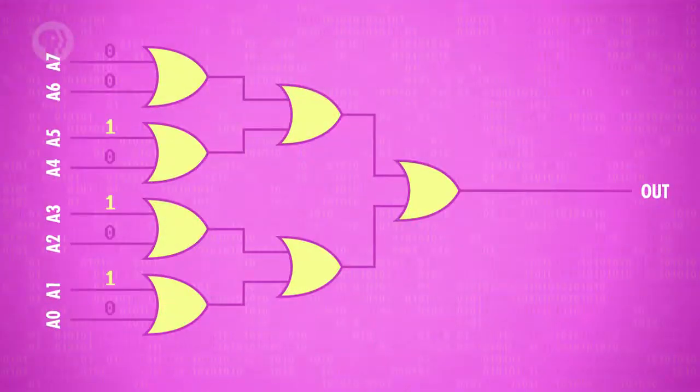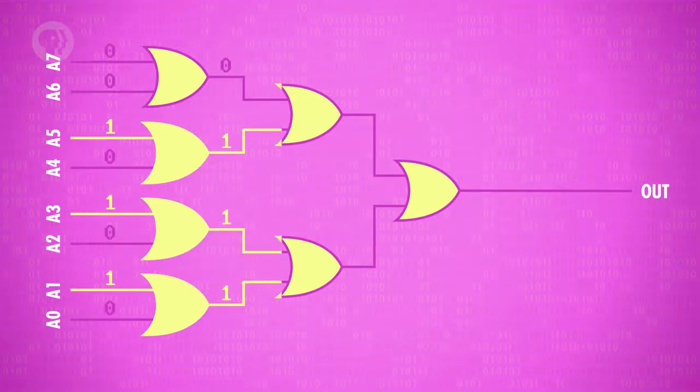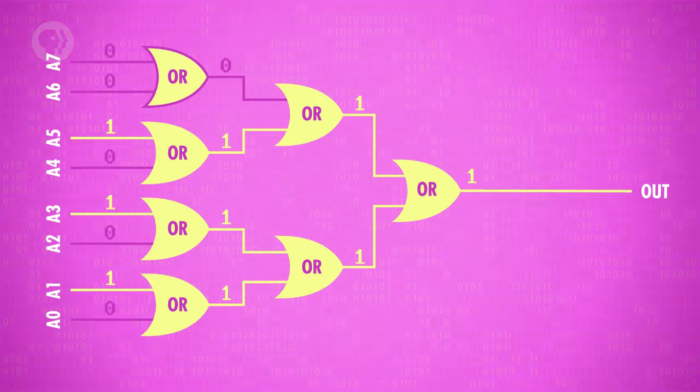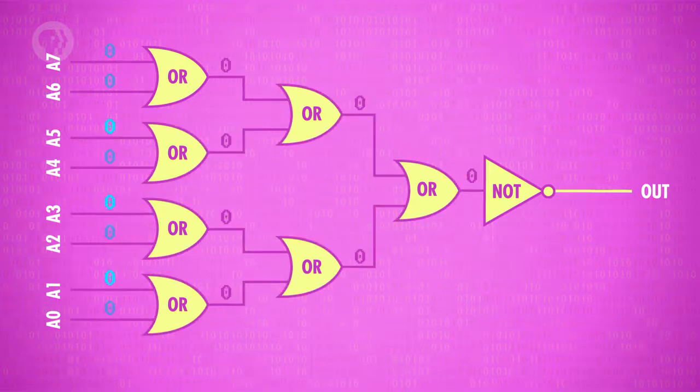For example, here's a circuit that tests if the output of the ALU is 0. It does this using a bunch of OR gates to see if any of the bits are 1. Even if one single bit is 1, we know the number can't be 0. And then we use a final NOT gate to flip this input, so the output is 1 only if the input number is 0.